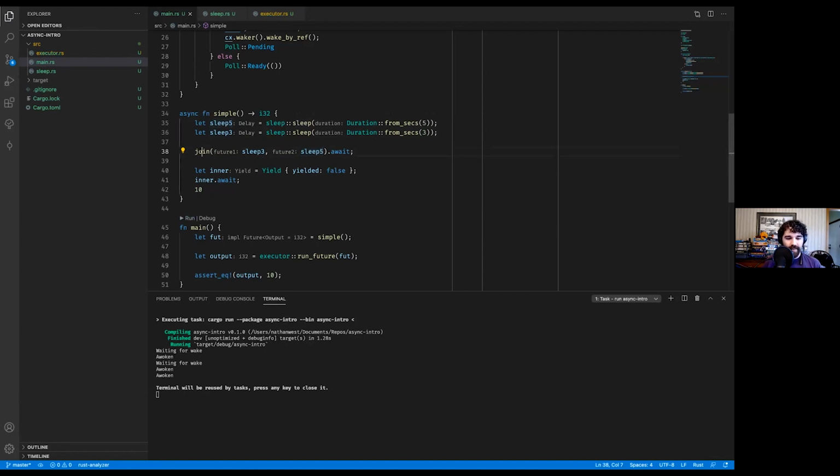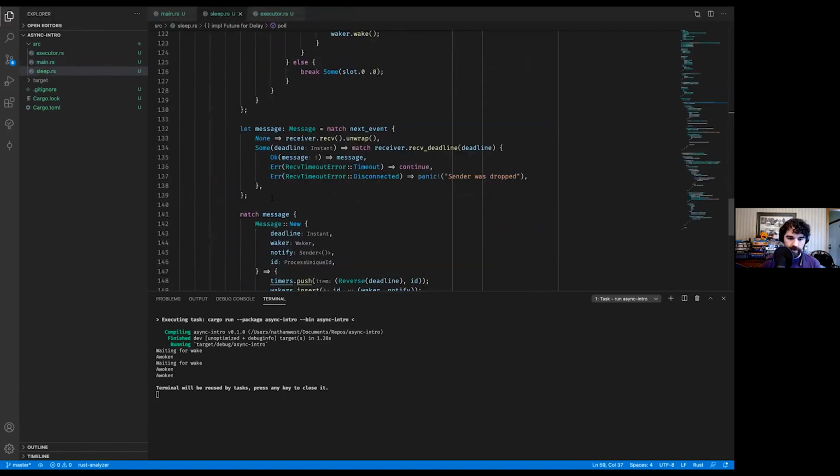This idea right here is where I really get excited about futures, where I really am like, this is really, really, really cool. No offense compared to JavaScript. Because of this polling model, and because futures are idle, they can be freely and easily combined like this. I have one last thing to show before I take the final questions, and I hope that this sort of drives home how cool this is.